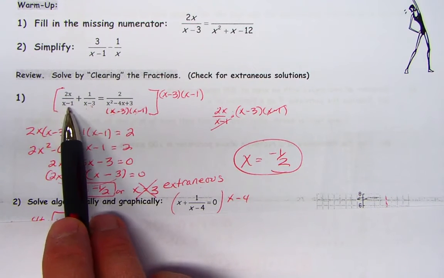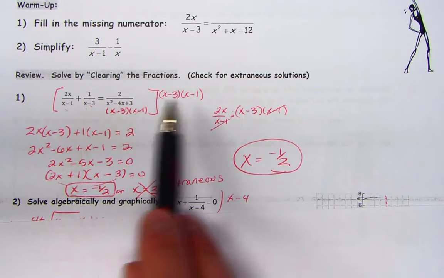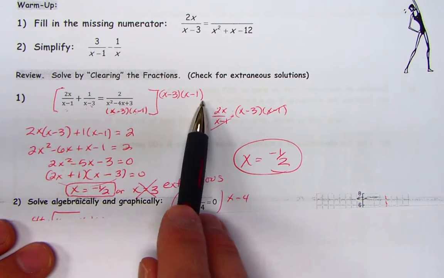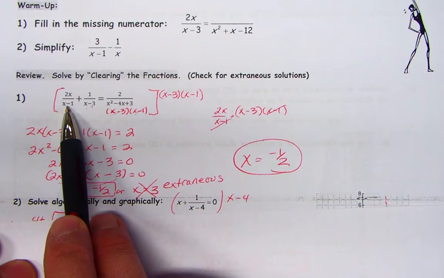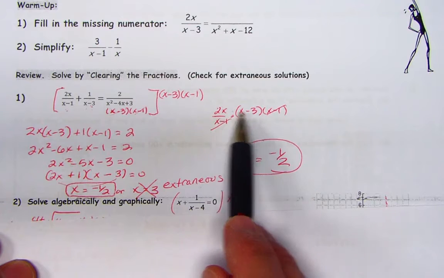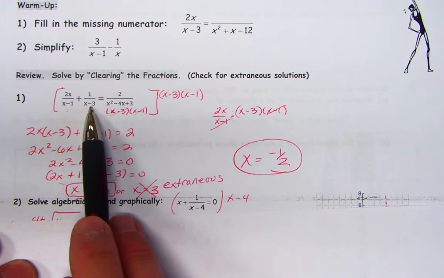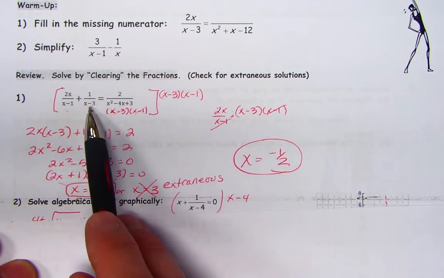In this case, we have an x minus 1 and x minus 3, and after you factor this, an x minus 3 and x minus 1, so multiplying both sides by x minus 3, x minus 1 will take care of clearing everything out. When you multiply x minus 3 times x minus 1 times this fraction, you'd have the x minus 1's canceling, left with 2x times x minus 3, which we put here, and then take this times 1 over x minus 3, and the x minus 3's cancel, you're left with 1